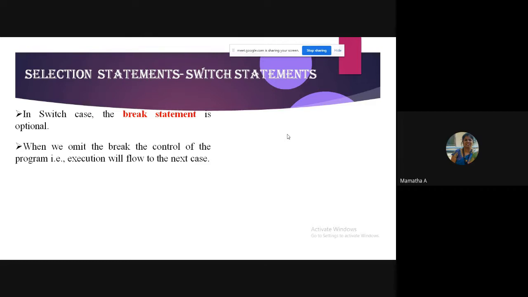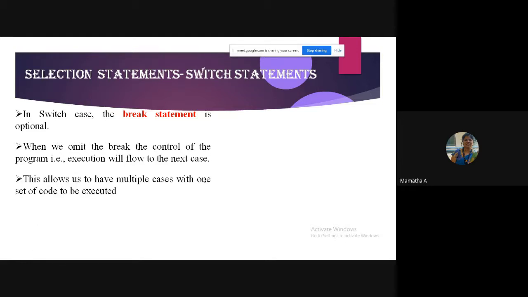Very simple. When I omit the break, the control of the program, that is, the execution, will flow to the next case too. Though I want to match one particular case, since I forgot to give the break, it will also execute the next case code block.